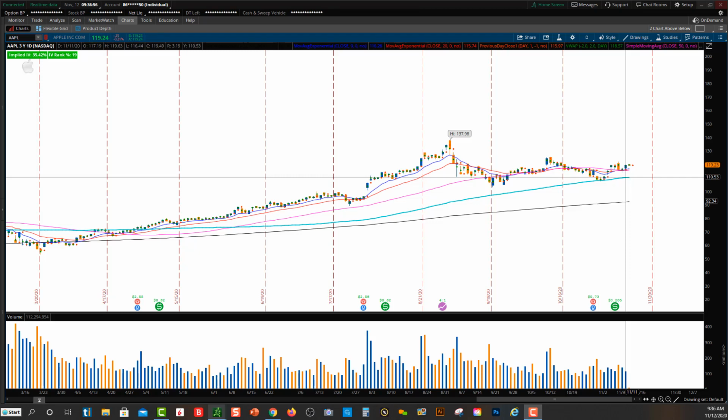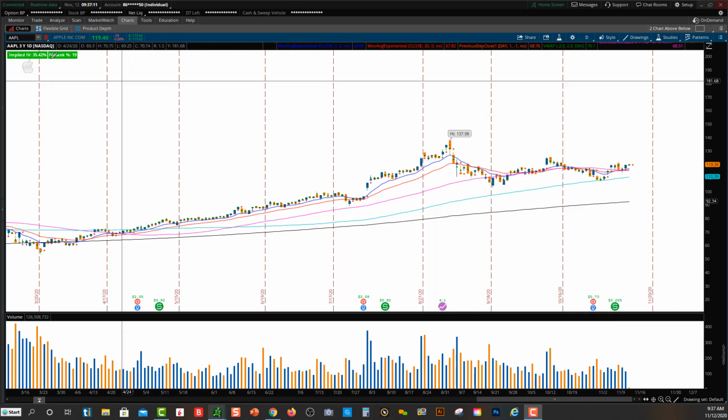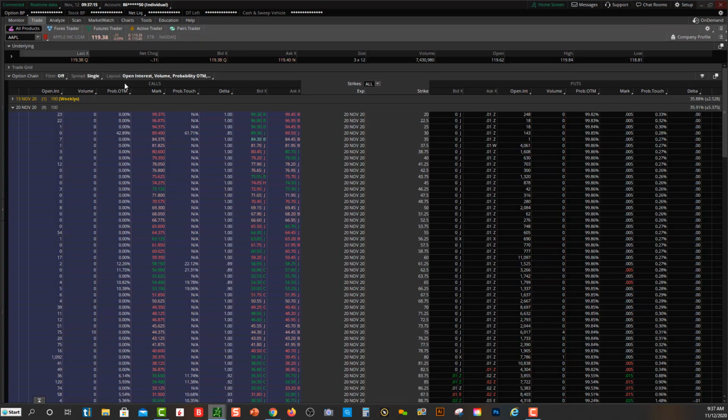This video is going to be about how to read an options chain. You'll see right now, this is the Thinkorswim platform that I'm showing you. Every brokerage account is a little bit different, but they all have their own version of an options chain. So let's go right over here, and if I click on the trade tab over here,